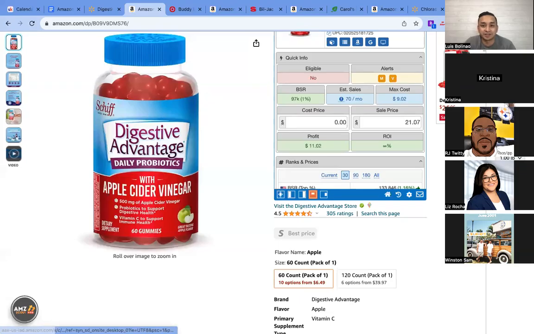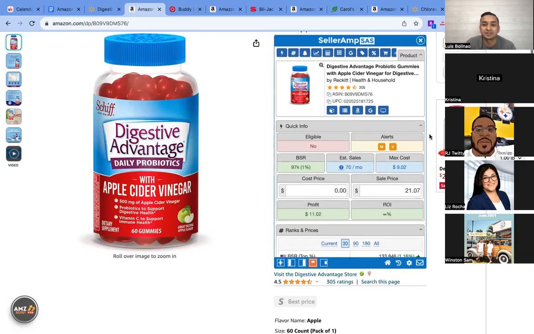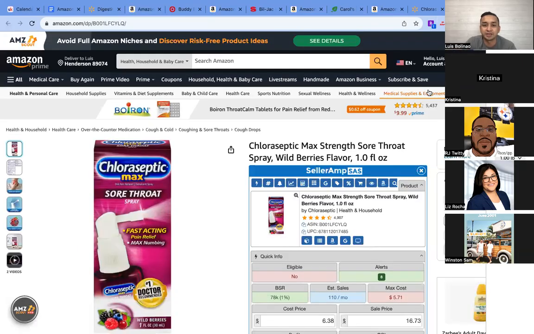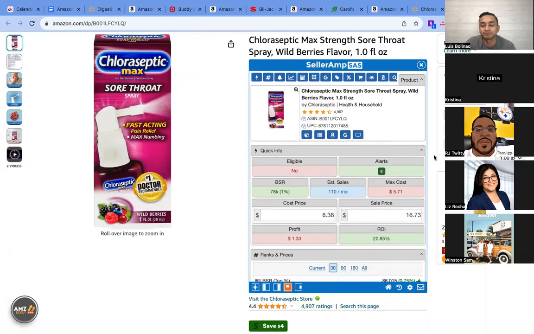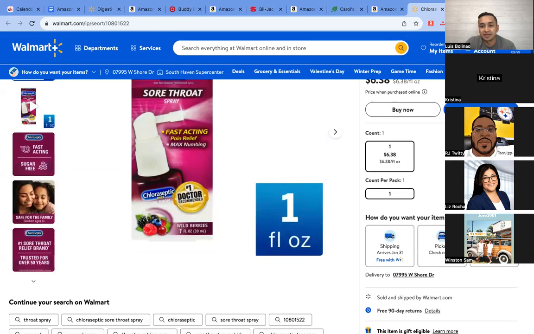So this is the main skill set you guys need to learn when selling on Amazon. And I feel like once you learn this really well, you're going to have a business, because this is the main skill set. I want to say this is like 90% of all of Amazon selling. So what we do, right, is we look for products that have a difference in price, and that way we can monetize it. So I picked some examples for you guys, and then I'm going to show you guys